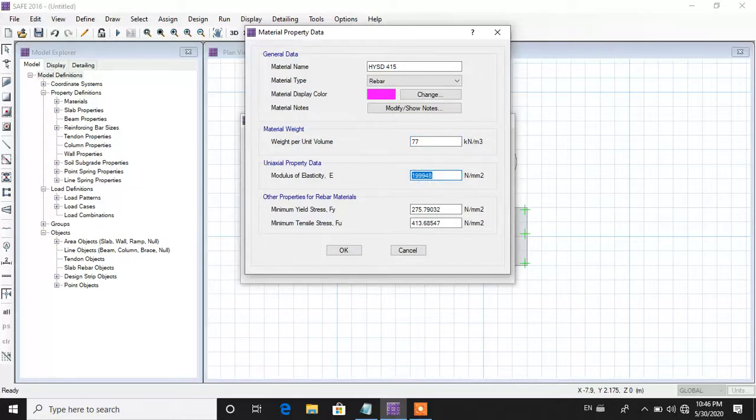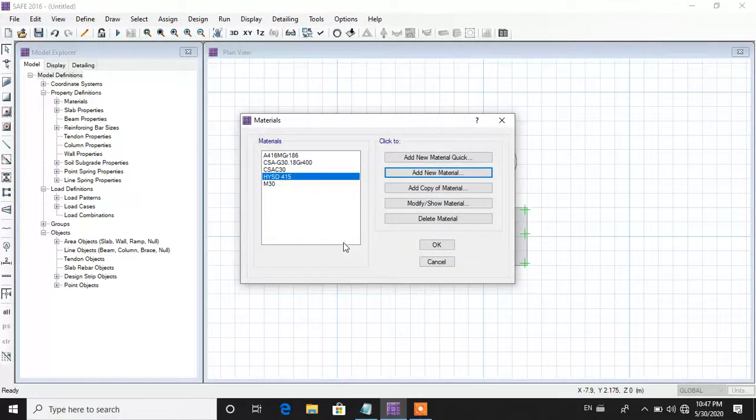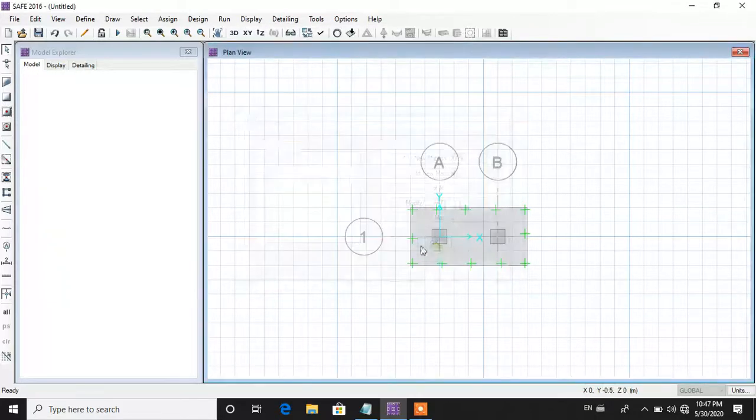Modulus of elasticity 2 into 10 to the power 5. Minimum yield stress 450 Newton per mm square, and minimum tensile stress will be 485 Newton per mm square. You can find these data on the internet. Click on the OK button. Again click on the OK button.